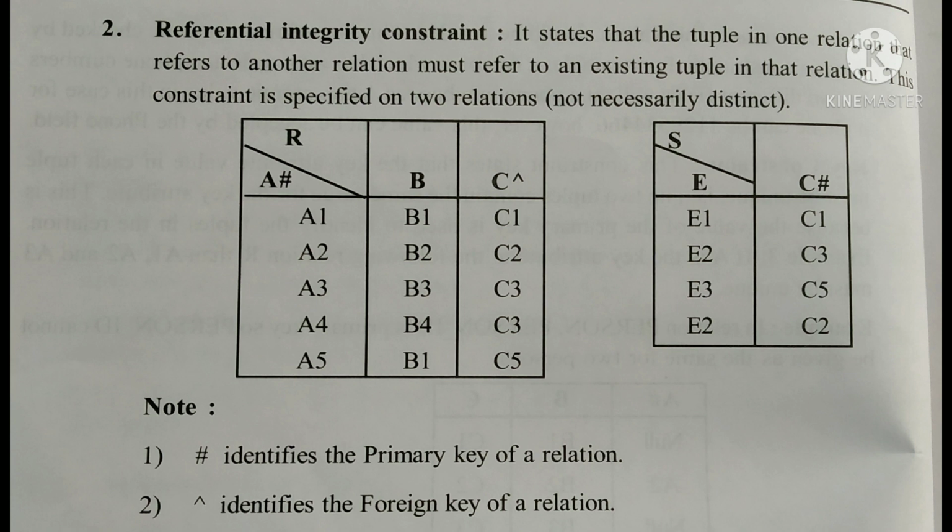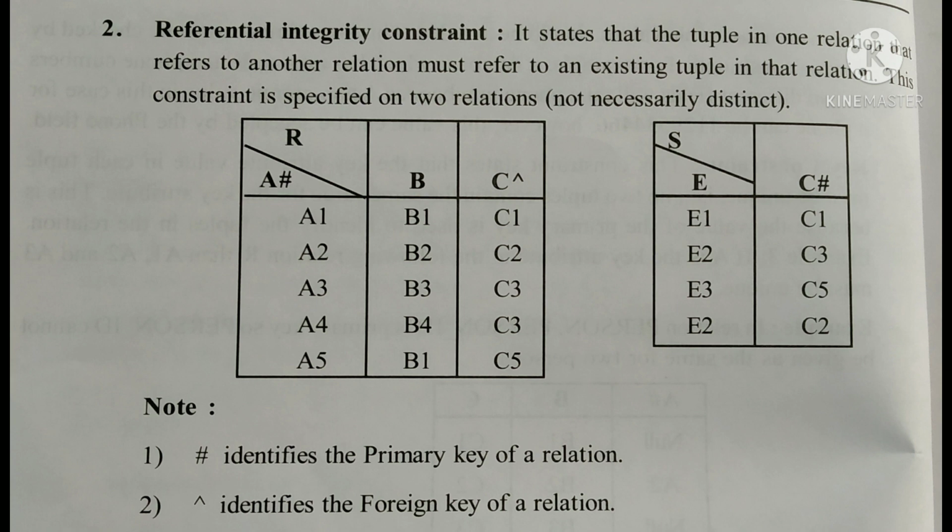Let R be the relation of that particular table. There are 3 columns. The first column is A hash, the second one is the B column, the third one is the C column. In the first row: null, B1, C1; A2, B2, C2; null, B3, C3, etc. Given in a different manner, A1 is null, A2 has a value, A3 is null, A4 has a value, A5 has a value. You can give that particular table in a different manner.